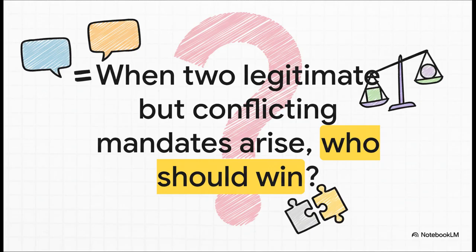When voters deliver two valid but totally opposing instructions, who is supposed to win? The government with the broad authority to get things done, or the House of Review with a specific authority to check and to change? It's the fundamental, unresolved tension right at the very heart of modern democracy.